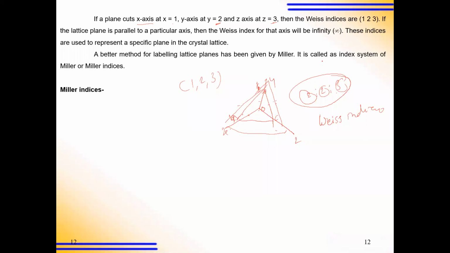If the lattice plane is parallel to a particular axis, then the Weiss index for that axis will be